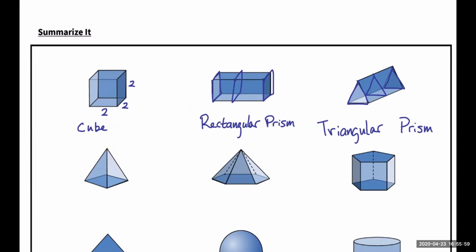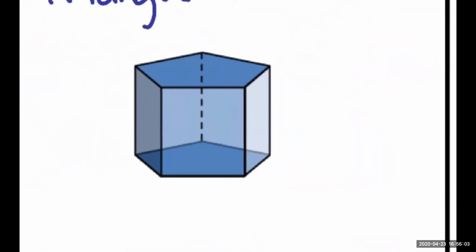Right, we've got one more type of prism in this box, but it won't necessarily be the only type of prism that we see, because we really can make a prism out of any shape, as long as it satisfies our rules for prism. This could be a circle, an octagon, a decagon, whatever. But in this particular case, you might notice that this is a pentagon,